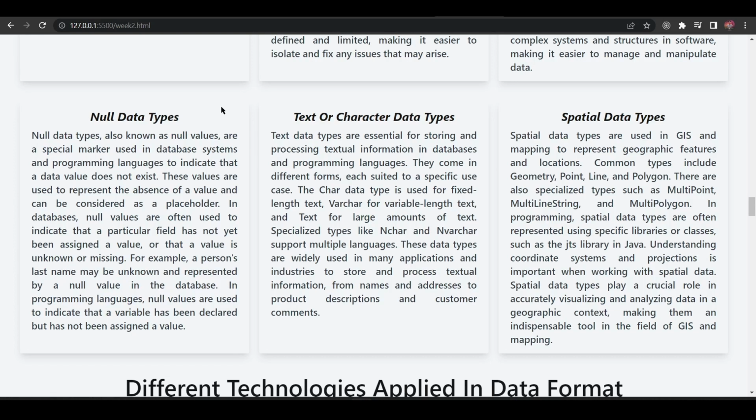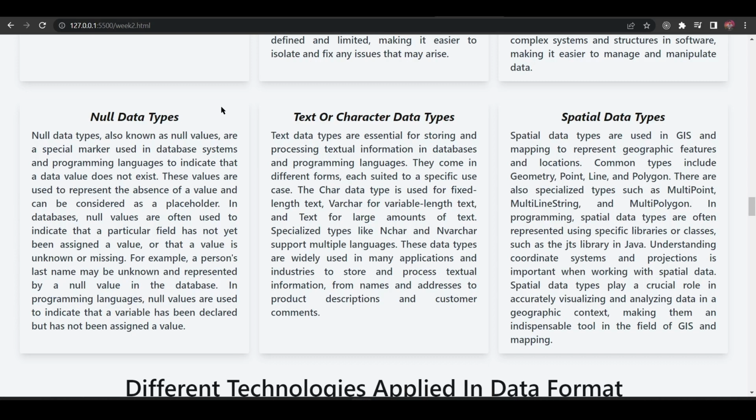These values are used to represent the absence of a value and can be considered a placeholder. In databases, null values are often used to indicate that a particular field has not yet been assigned a value or that a value is unknown or missing. For example, a person's last name may be unknown and represented by a null value in the database.